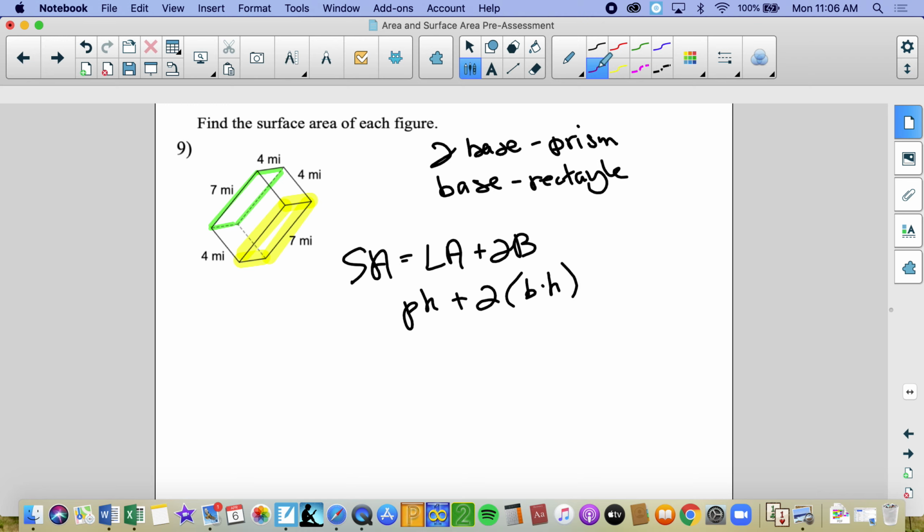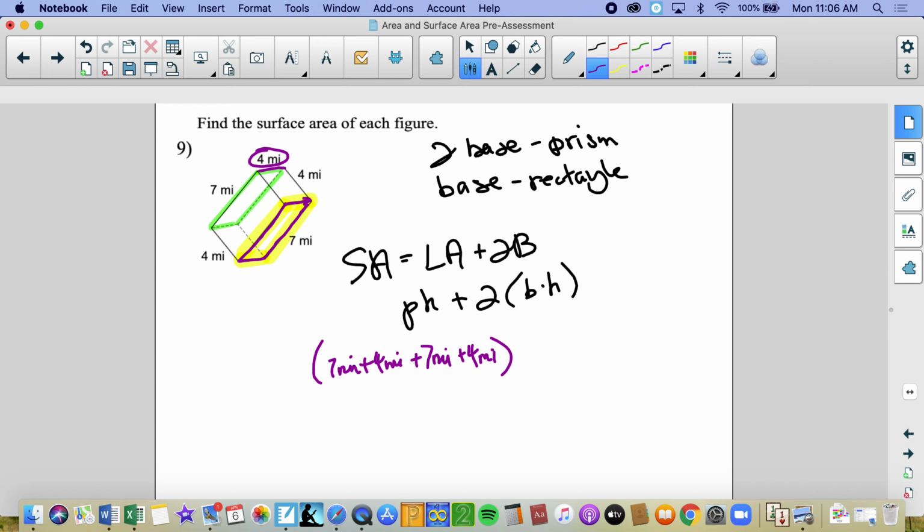My perimeter around my base is 7 miles plus 4 miles plus 7 miles plus 4 miles. And I get that 4 miles from this because it's parallel to that. Remember, if we just move it, it's the same place. So that's where I got that perimeter. So my perimeter is 7 miles plus 4 miles plus 7 miles plus 4 miles